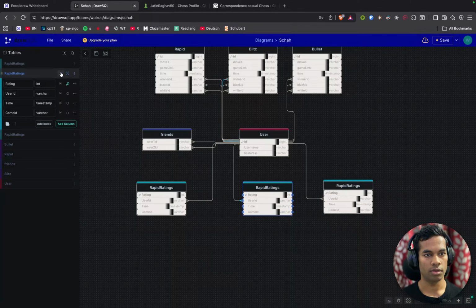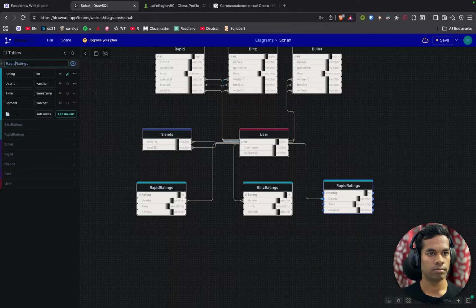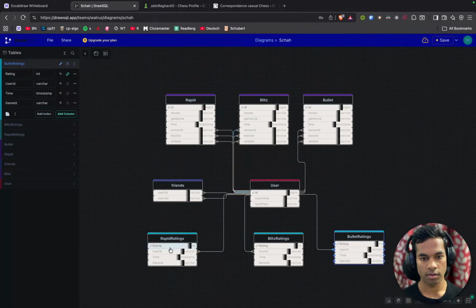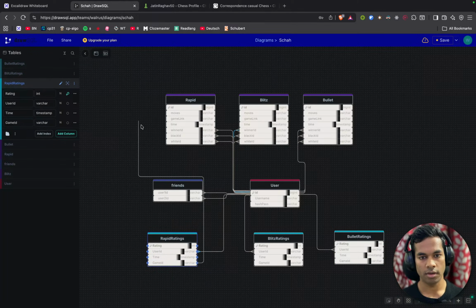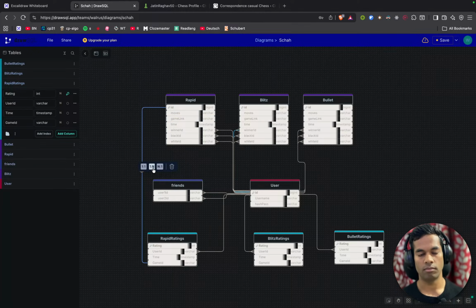And for this rapid, blitz and bullet. Bullet ratings. Yep. And then game ID would be pointing to this, and one